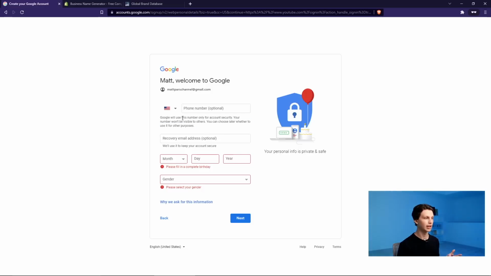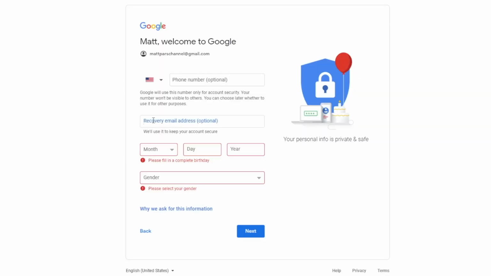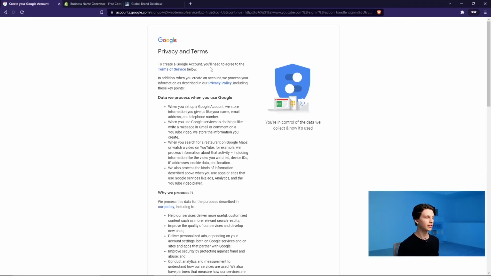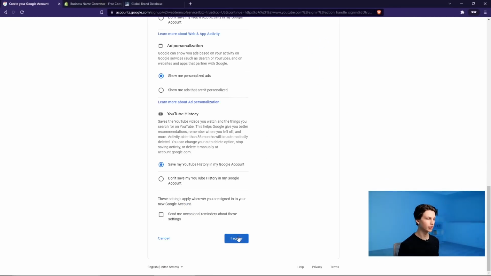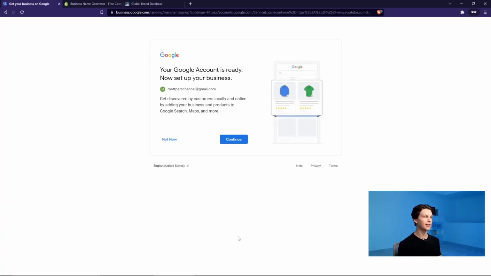where you can put a phone number for account security if you'd like, which I do recommend doing, and I do recommend turning on what is called two-factor authentication, just to make your channel a little bit more secure and resistant to potential hacks. You can also put a recovery email if you'd like, in case you have any other emails, and then you can simply fill in your birthday, and then you simply click Next. From here, then, it's just going to ask you to accept the privacy terms and conditions. And from here, we now have a Google account that is all set up and ready for making a YouTube